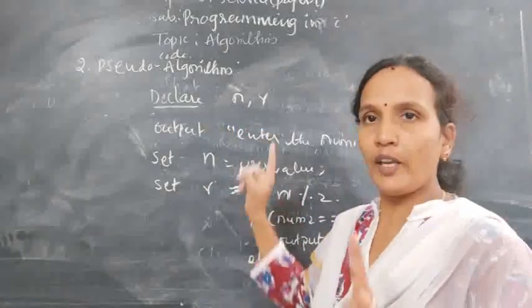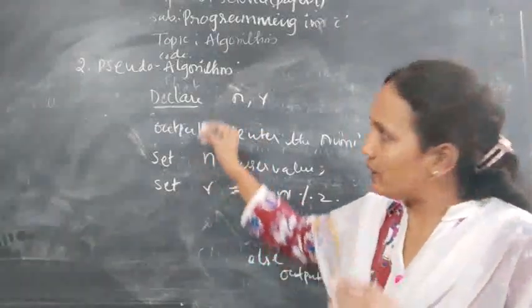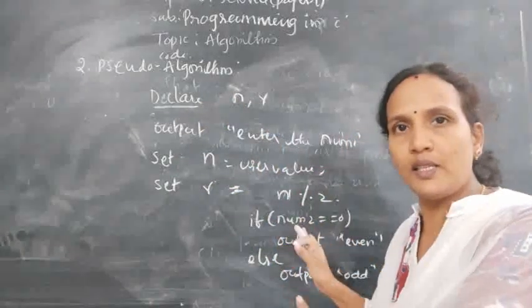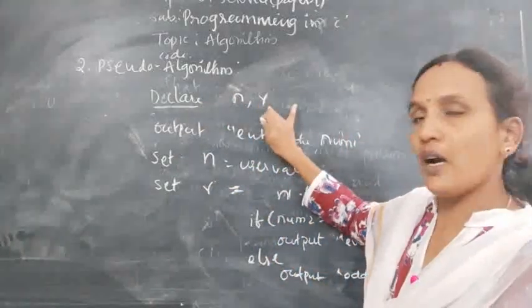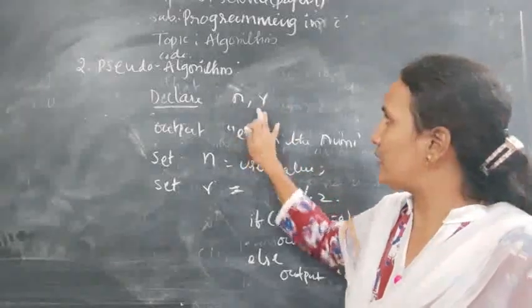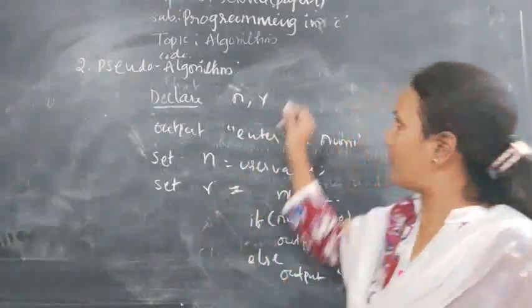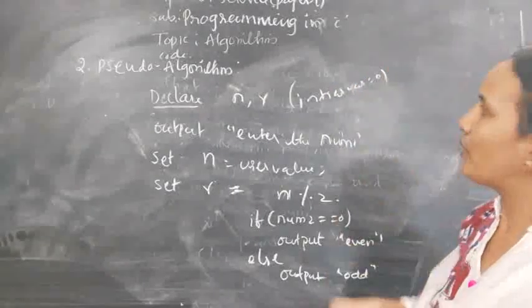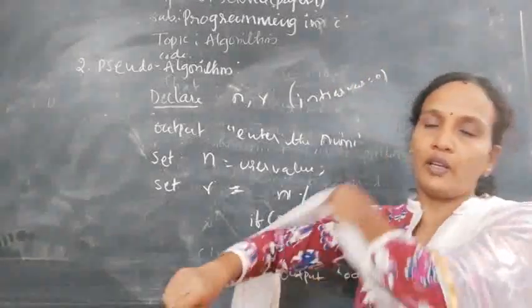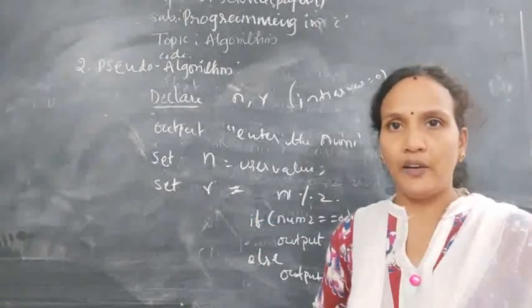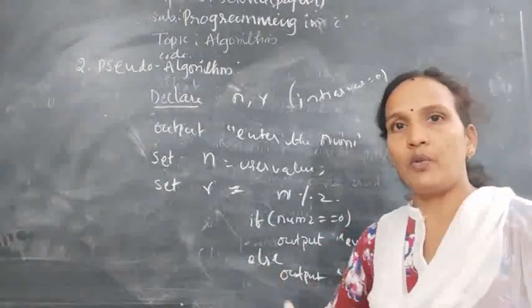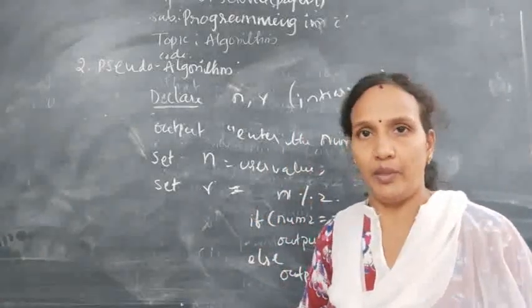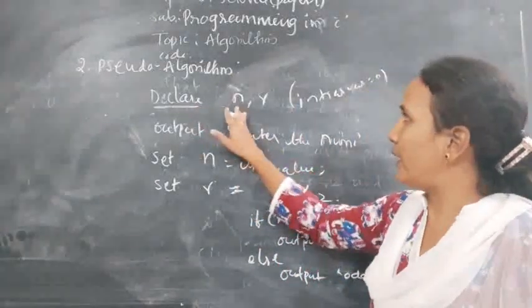Okay. Now you can see. Declare n, r. 2 variables I have declared. Next, only these words, whatever you use, will change. That's it. The remaining process is the same. So n comma r, 2 variables. Next, initially the value of this is 0. Here you can give an initial value equal to 0. But I want to take the value from a user. If you give an initial value, that value will be fixed. I don't want to fix the value; every time I want to change it. So initially I am not assigning any value to that particular variable. Okay. So declare n comma r.